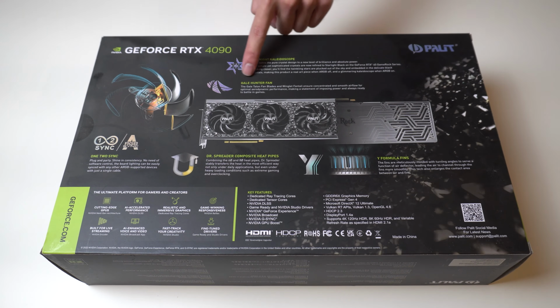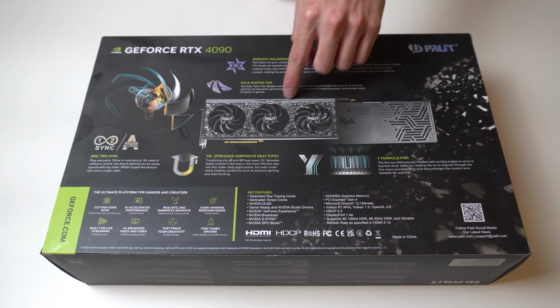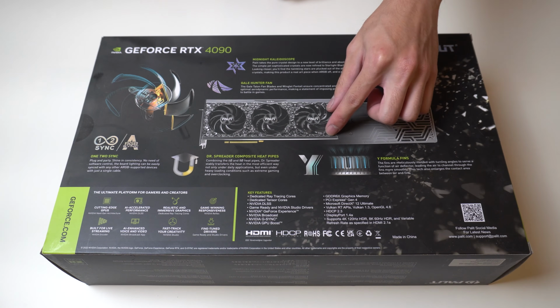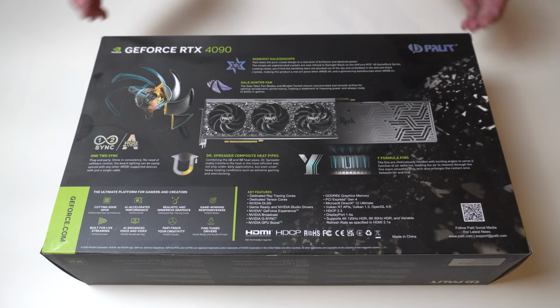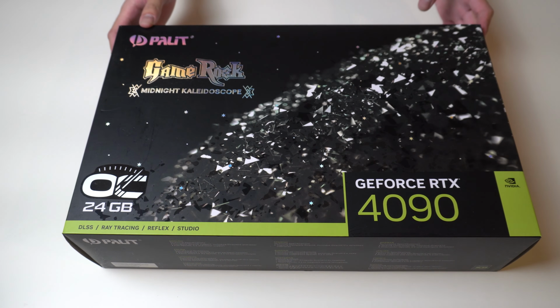fan. Again, that's just a fancy marketing name for some fancy looking fans, I guess, that's supposed to work really well. So I guess we'll all see if those features actually work. But I guess the striking feature is the midnight kaleidoscope thing that they're always touting on the box, which is supposed to be that fancy crystal-like shroud that they put in front of the fans. So we shall see how that looks once the RGB actually lights up, because yes, that is actually fully lit by ARGB LEDs. Although during the off operation, it actually looks pretty decently clean as just a black crystal-like feature